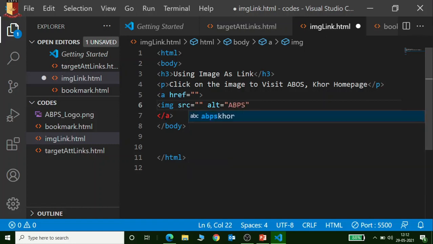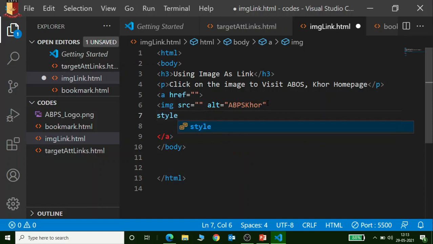Whatever alternate text you want, you can type here. You can give some styles also, like width, height, whatever you want. So style, and this is part of the image tag only.